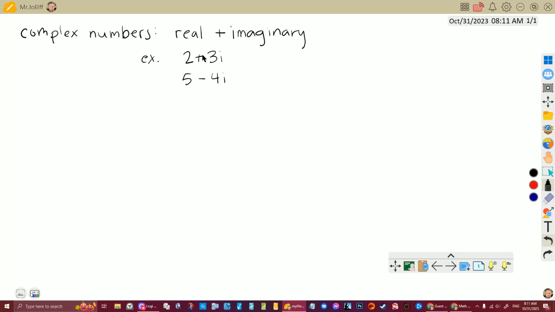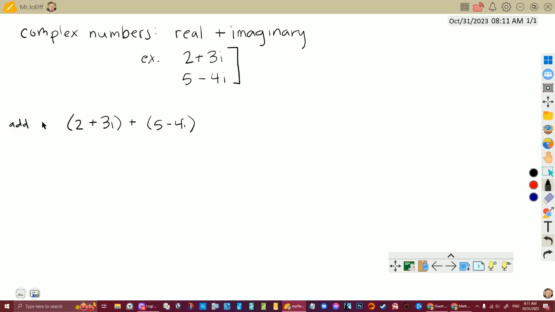And you were asked to do math with things that look like this. And it turns out we can treat these just like we treat other binomials. So we can add these. So if I want to do 2 plus 3i plus 5 minus 4i,